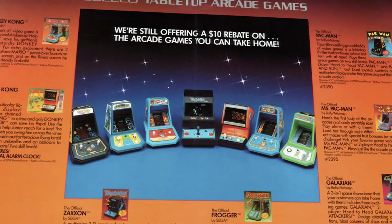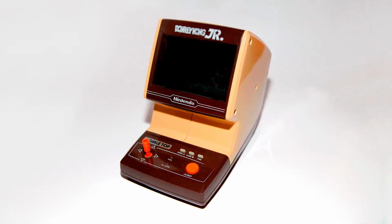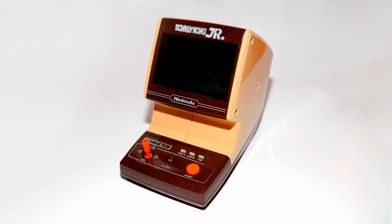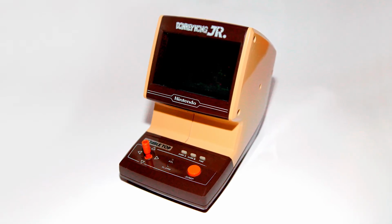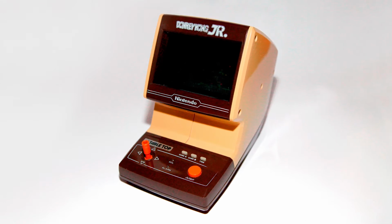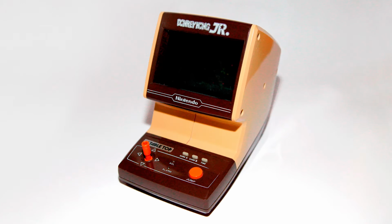Now, I have never actually seen any of these before in real life, and as a kid I don't remember any friends that owned any of these. I don't even remember seeing them in toy stores or in toy catalogs. I do, however, remember seeing Nintendo's tabletops as a kid and wanting them real badly. And of course not getting them because my parents thought they were too expensive and I really couldn't convince them of otherwise. So I don't think the Coleco tabletops were very common in Sweden at all,